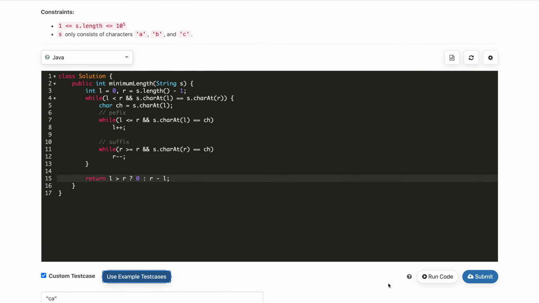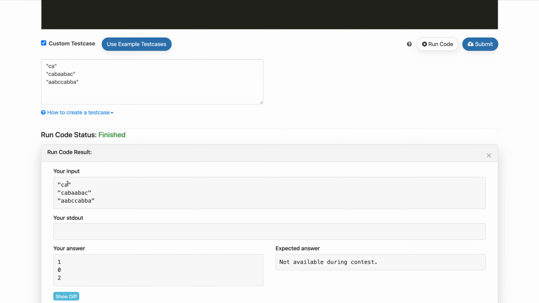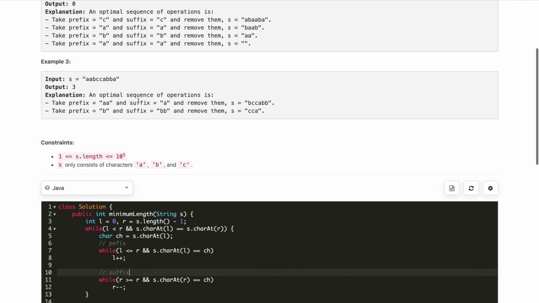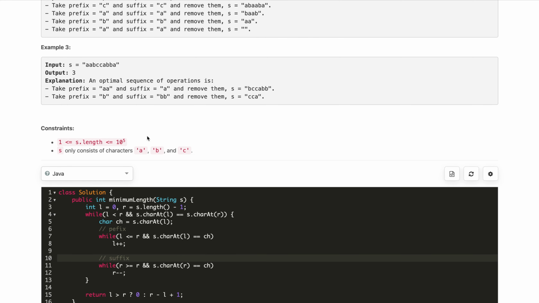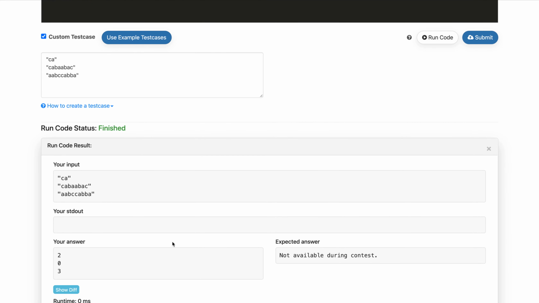So let's compile and run all the test cases. So this should be 1, 0, this should be 2, and this should be 3. So the problem here is that we are playing with 0-based indexes, so we have to add 1 in the end, as in this example when we squeeze it. So L will be at index 3 over here, and this R is at index 5. So 5 minus 3 is 2, and the actual is 3 characters, so plus 1. So let's run it again, and we are now getting correct answers.